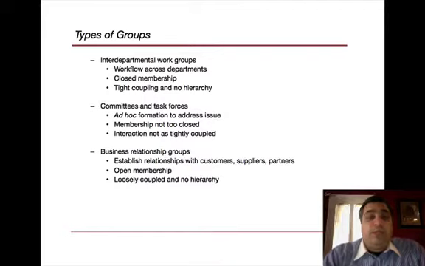These, generally, we see these all the time, where one company decides they need to redesign a process and they will pull together people ad hoc and say we need to develop a committee to provide a recommendation on X product or X process. Membership is not too close, they're usually larger, interaction is not as tightly coupled, and the